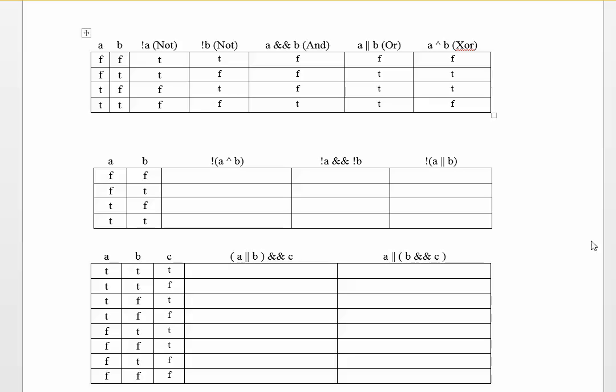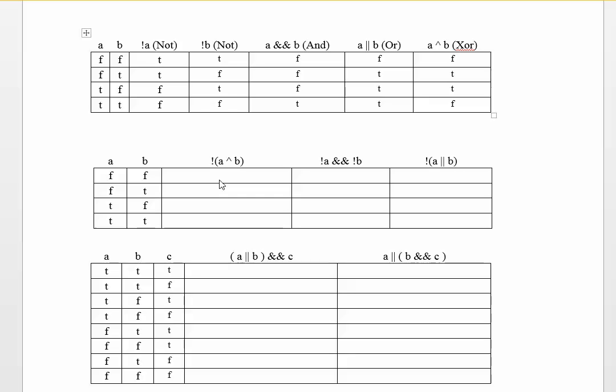So let's continue our discussion about using truth tables to understand how Boolean operators work and what the result is on a Boolean equation, if you will. Let's move on to this second truth table here, where we once again have the same combinations that we had up here, but with some more complex Boolean equations. It's really not that much more difficult. The hardest part here is keeping your order of operations straight, and you can go through these rather